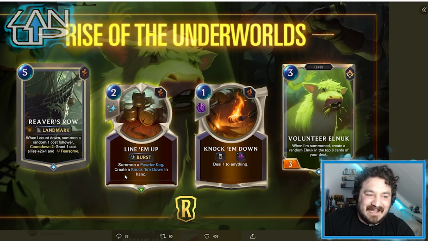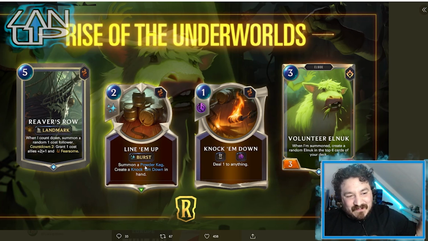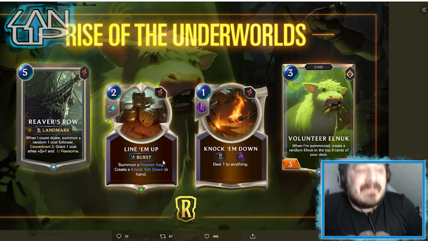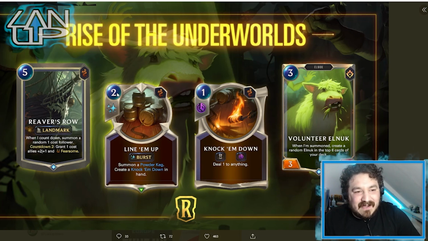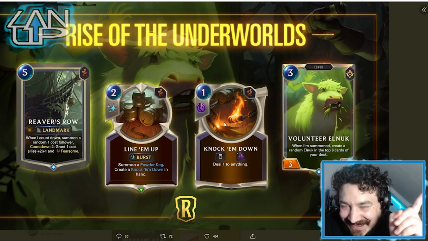Give yourself a keg and then create a Knock 'Em Down in hand. And Knock 'Em Down is just deal 1 damage to everyone, which technically with what's his face on the board would be 2 damage to everyone, that keg on its own. Bearing in mind that this is a burst speed card, so technically you could use this multiple times to get that keg up. Obviously you'll be getting this spell multiple times, so the first one's going to matter,